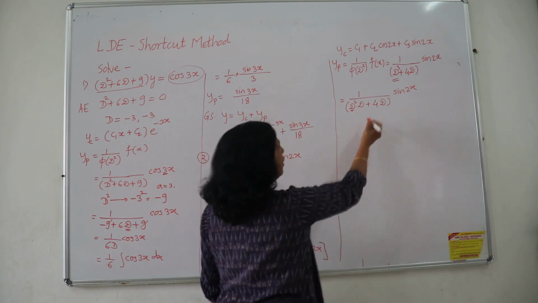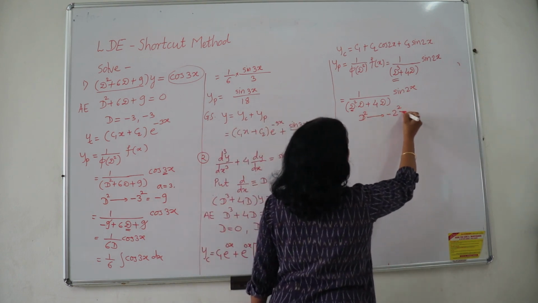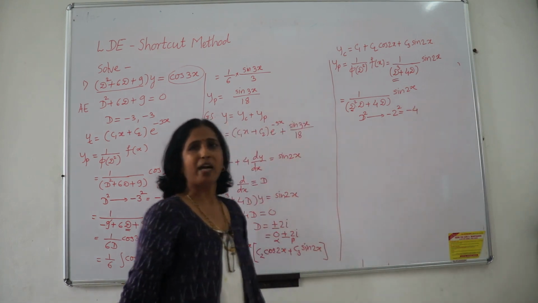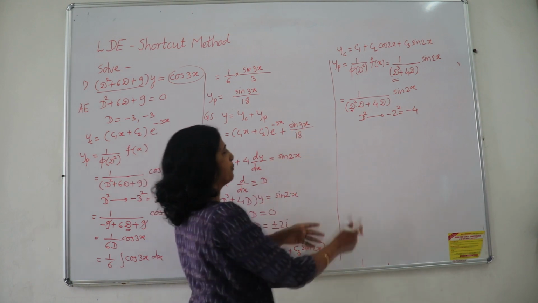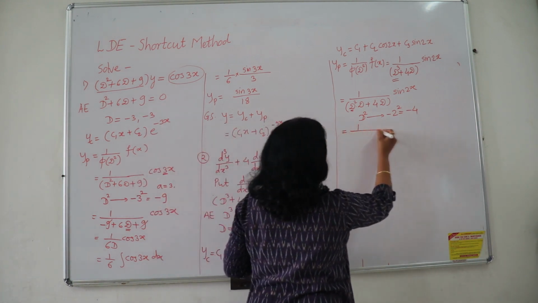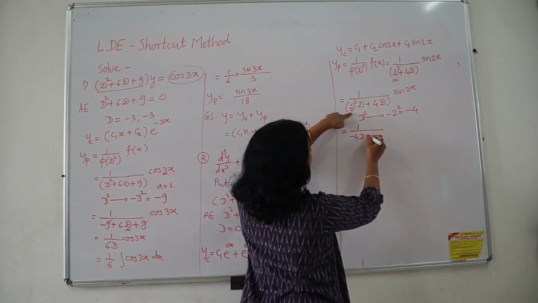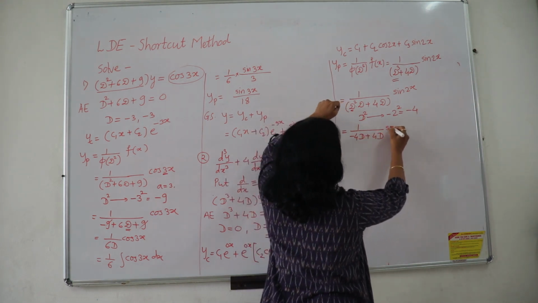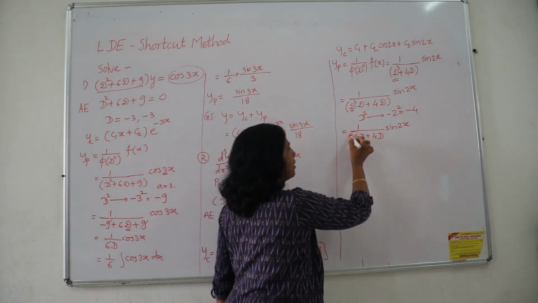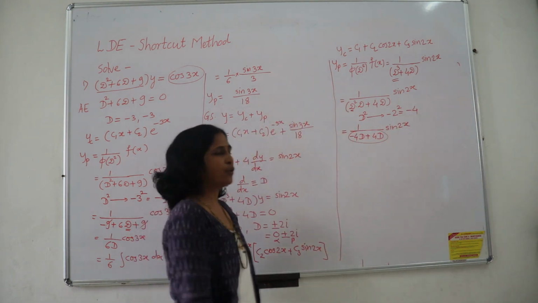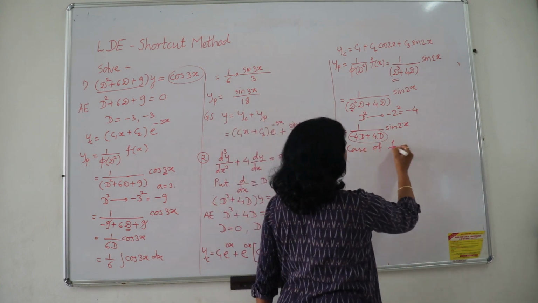Now what is the rule of function? D square is replaced by 2 square, and I have to give minus sign, so it is nothing but minus 4. 2 times I have given stress on this, so you will remember it for next time. So see now what is happening, D square replaced by minus 4, D cannot be replaced, 4D cannot be replaced, and sin 2x is going to remain as it is. So what is happening now here? The denominator is becoming 0, and so I have to call it a case of failure.